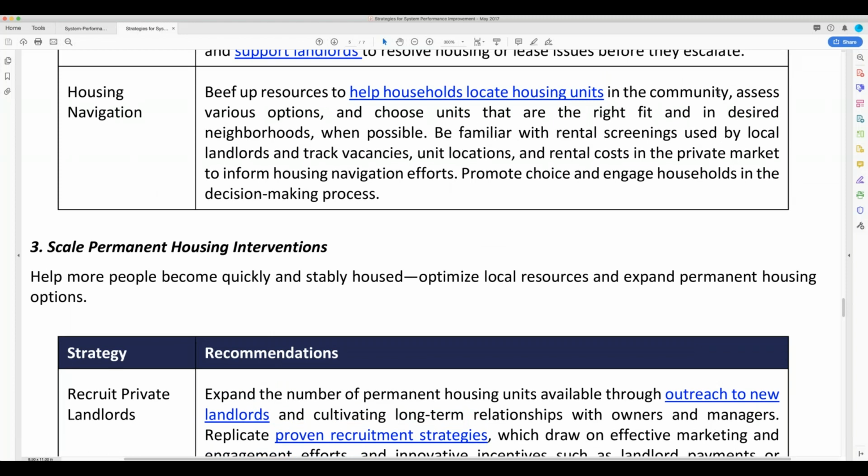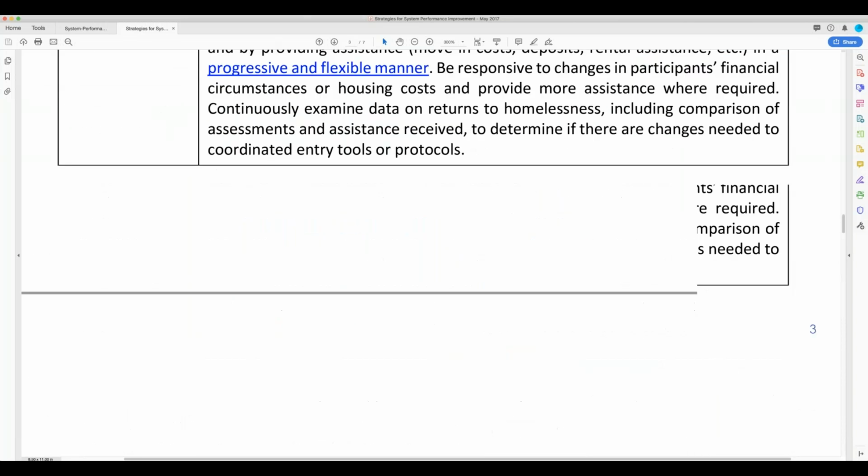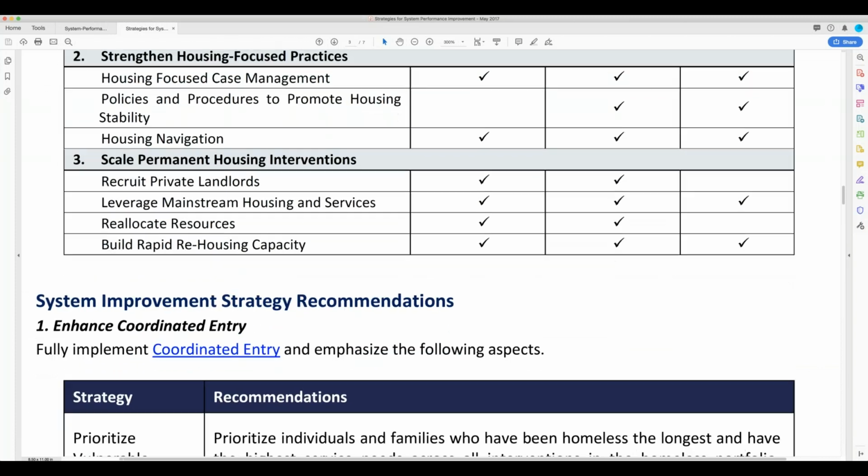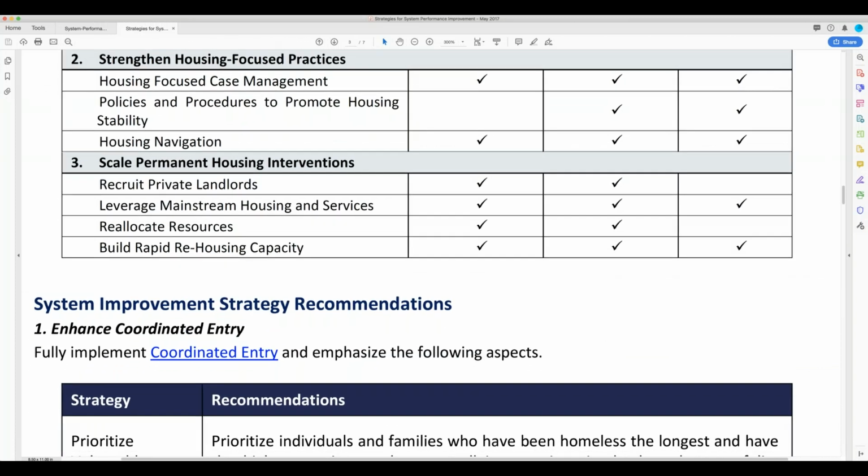Do they have a car? Do they need to walk? Do they know how to be a tenant? Do they know how to keep up with their expenses and make those rental costs make sense? Do we as a community have a good hold on what housing is available so that we can help our clients avail themselves as quickly as possible? I think these are the types of things that I know folks in the community are working on, working with landlords, investigating whether or not those dynamics are working for our consumers who may need housing.